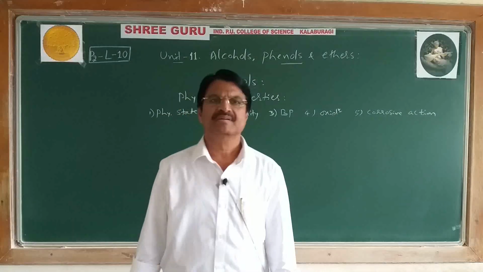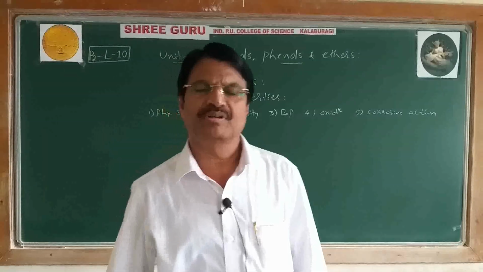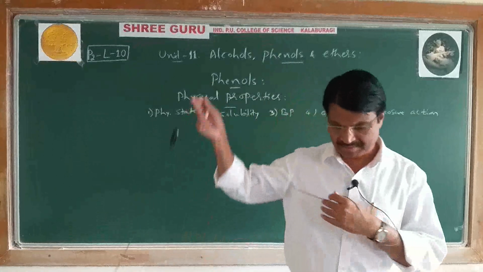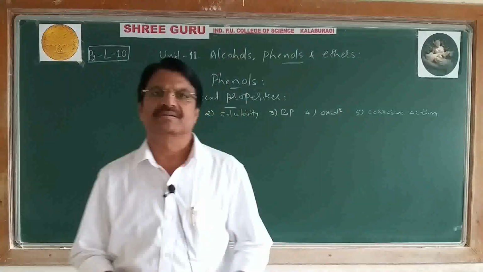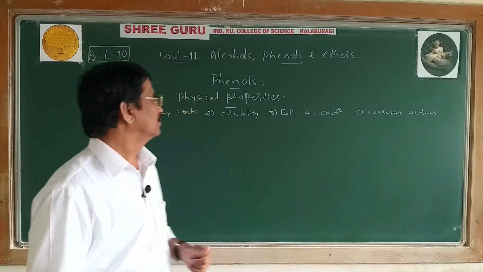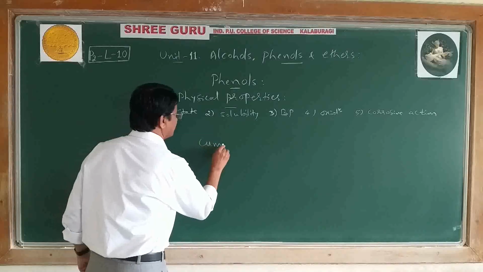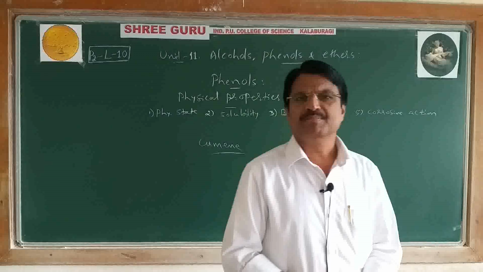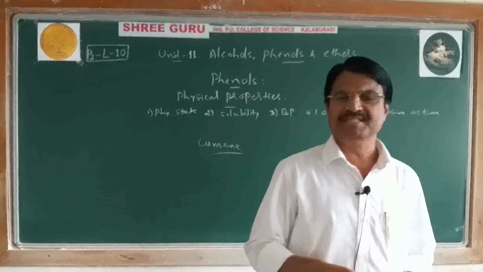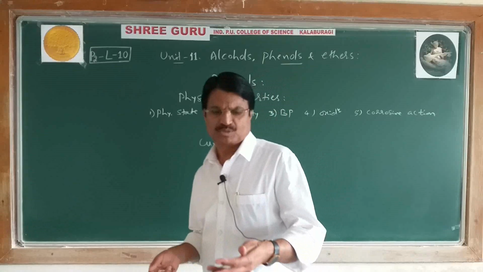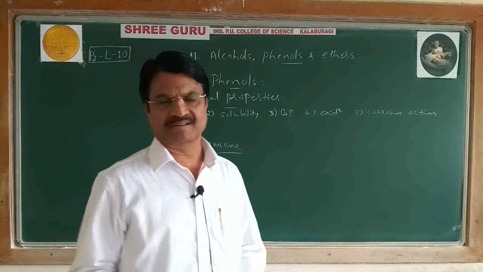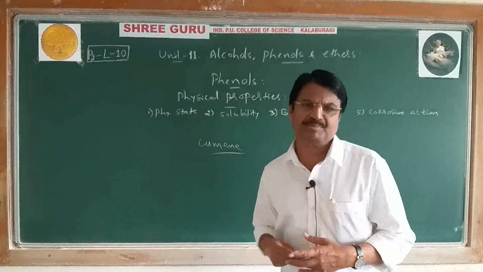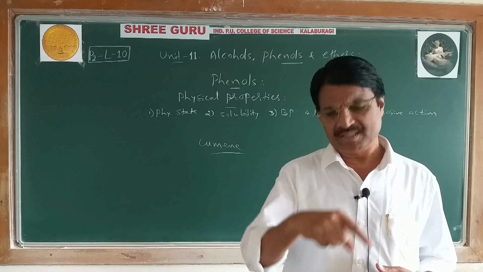Hello students, we are studying about phenol, its preparation and manufacture. So there I told how to manufacture phenol by the cumene process. The chemical name of cumene is isopropyl benzene, and it is a modern method used to manufacture phenol on a large scale. Using cumene, when it is oxidized by passing air or oxygen, it gives